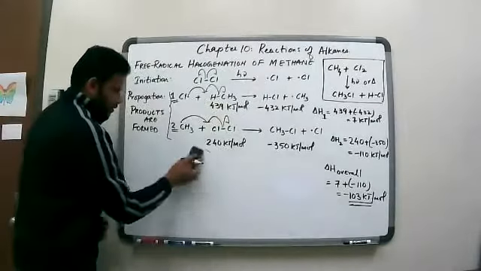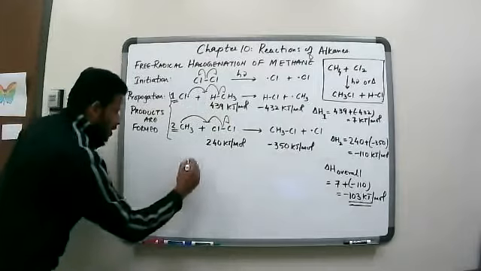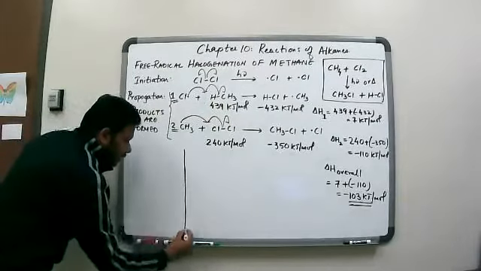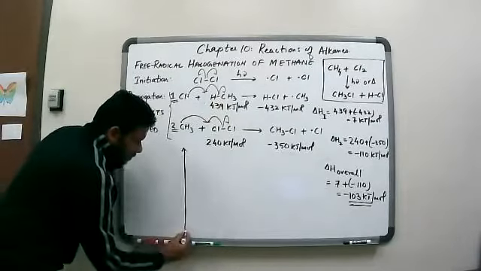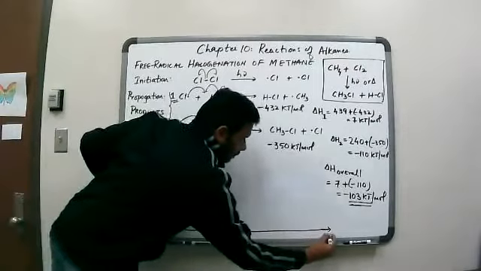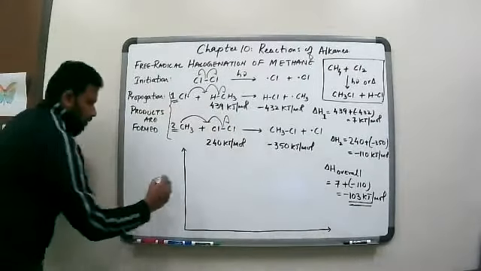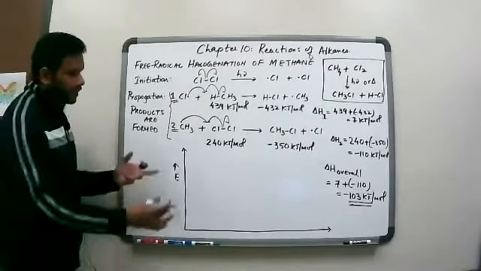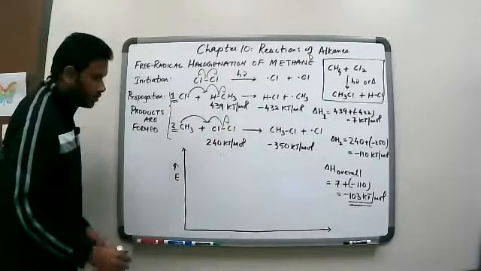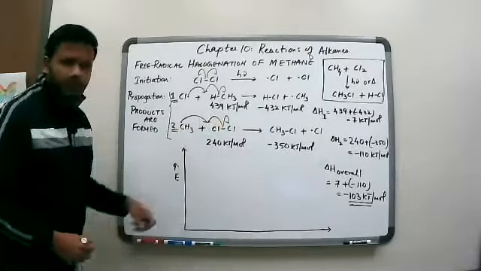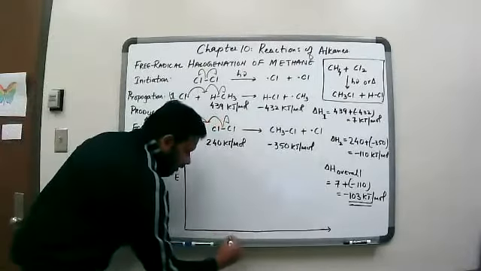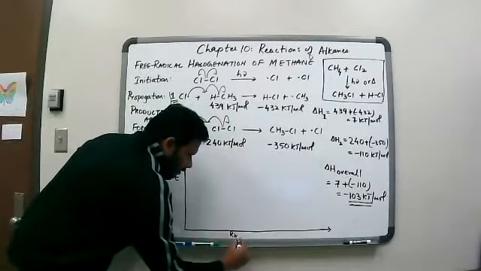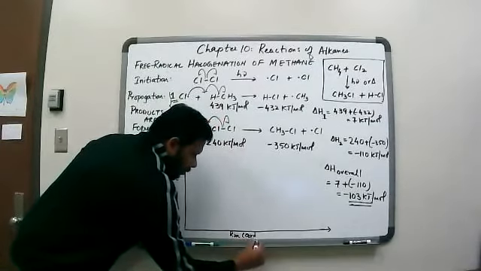I'll make it a little bigger just in case I run out of room. Okay, so let's say this is the energy scale. Now in this particular case, it's going to be enthalpy, or the delta H is what I'm talking about. And here is the reaction coordinate